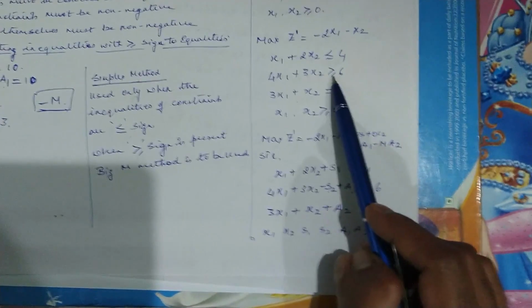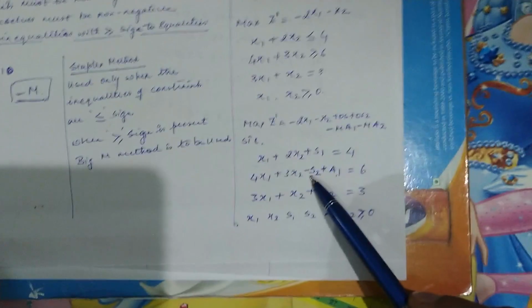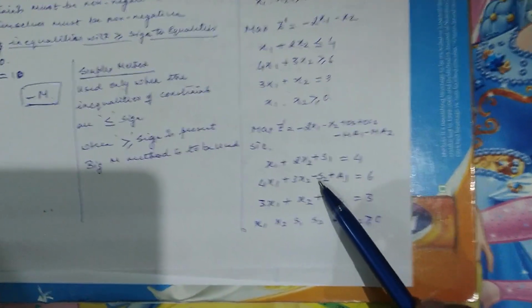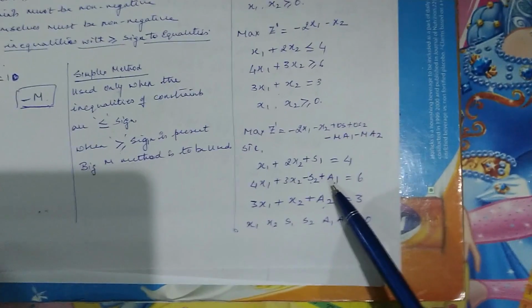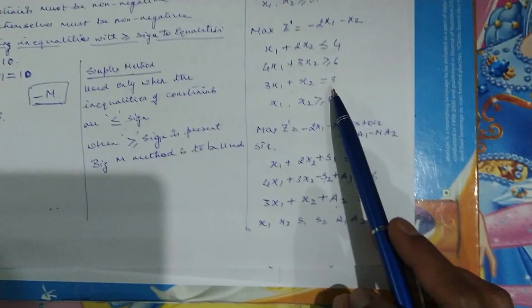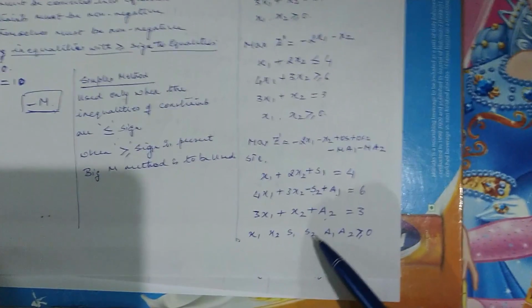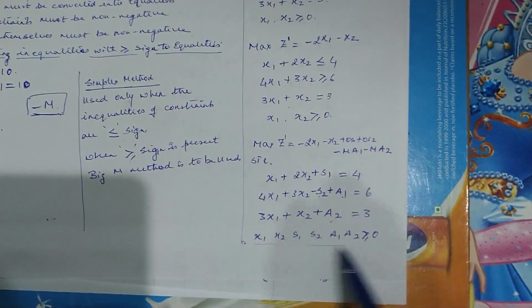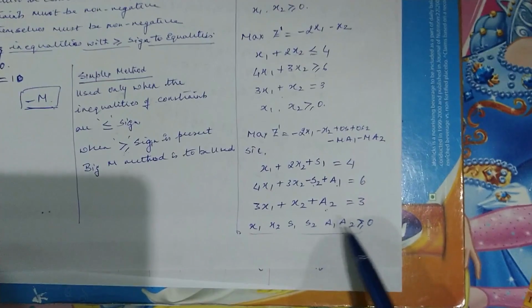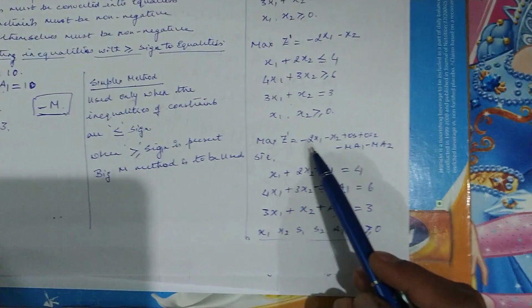Since the second constraint had an inequality in the form of a greater than or equal to sign, we had to introduce a surplus variable. At the same time, since we have introduced a surplus variable, we had to add an artificial variable. The third equation, 3x1 plus x2, was already given in the form of equality, but still we had to add an artificial variable. By incorporating all of these new variables, that is x1, x2, s1, s2, a1 and a2, which are all greater than or equal to 0, we have incorporated all of them in the objective function. So in the objective function, the coefficient of slack and surplus variable